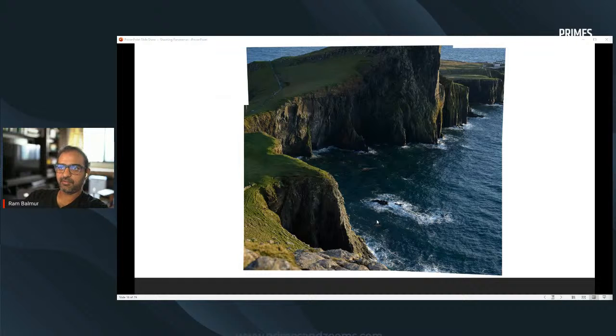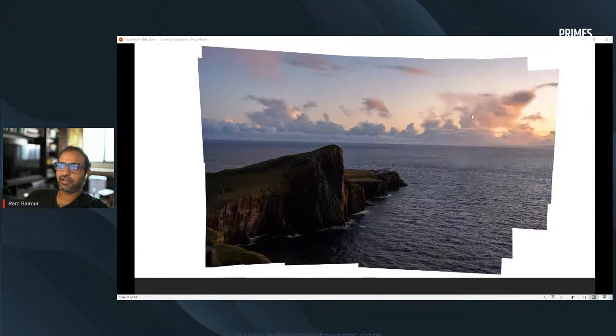I have more examples of this, I'll bring this up. So I was shooting this photograph and I'll show you the wide angle photo. This is the wide angle photo of the same scene. This is also a panorama, but a much wider panorama which I shot. Right? So I wanted to notice the distinction here and how you can use it as a creative tool and